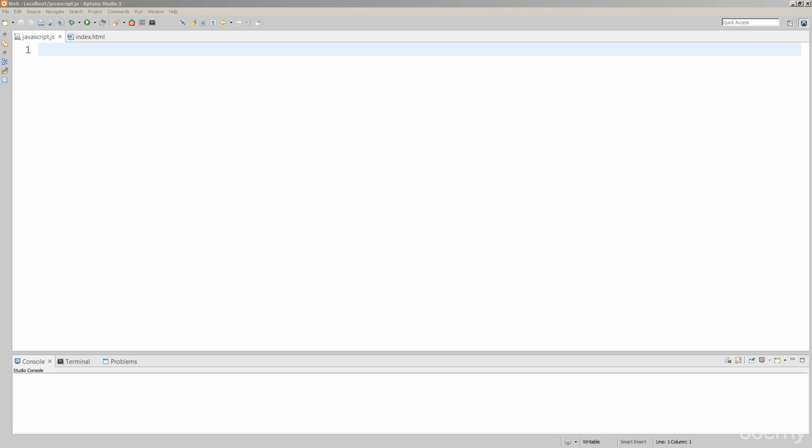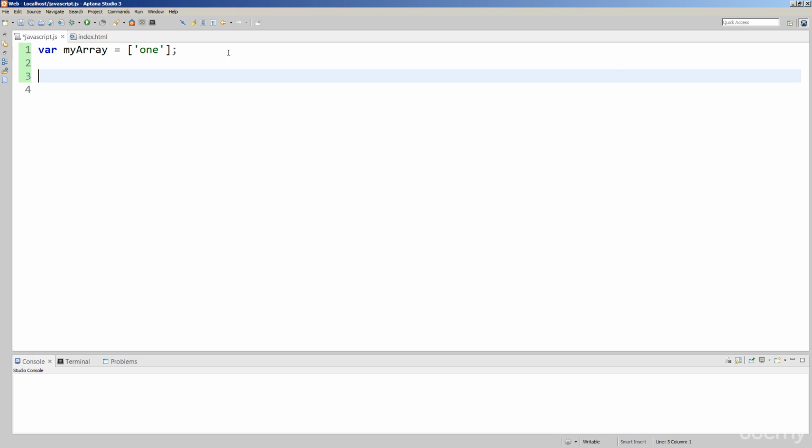In this lesson, we're going to talk about arrays. So arrays are like a variable that contains multiple values, multiple items, or it can contain just one item. So this is a typical array that we've declared, and it's going to only hold this one item at the time. If we console log it out,